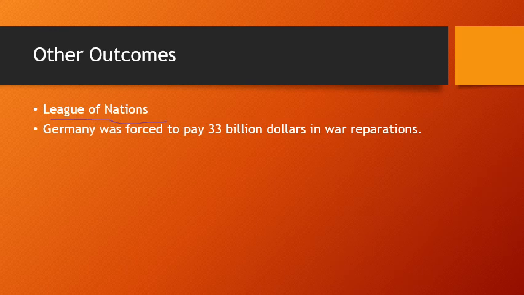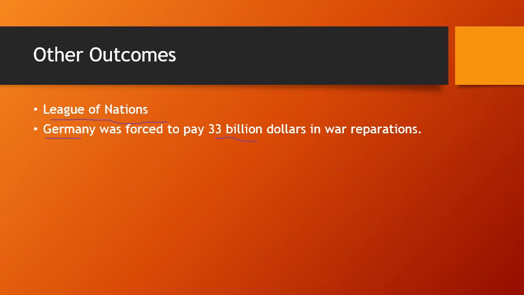Now, we mentioned this before. As a result of the war guilt clause, Germany was forced to pay $33 billion in war reparations. This, folks, is a lot of money, and it's an amount of money that Germany would never be able to pay back. $33 billion 100 years ago, which is about when this came in 1919, would be like $20 trillion today, or some crazy, ungodly amount, as much as our national debt is today. So you're talking about a lot of money.